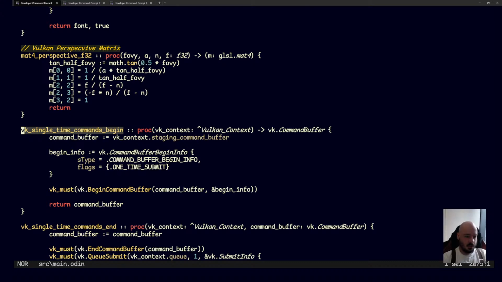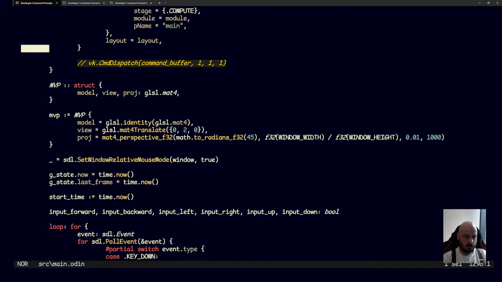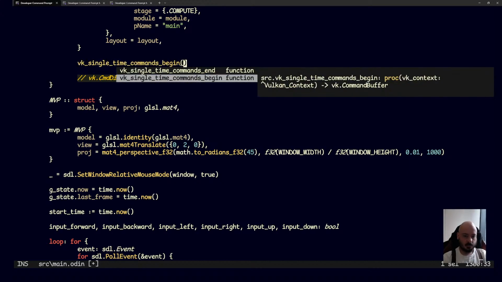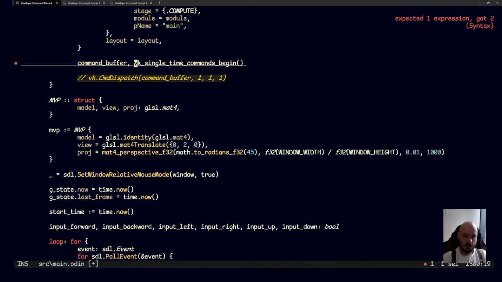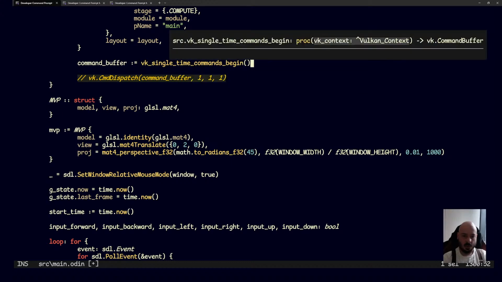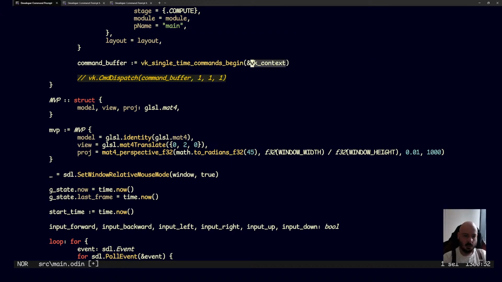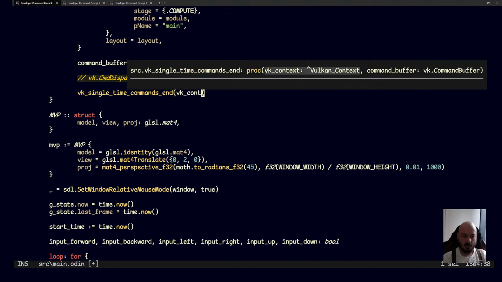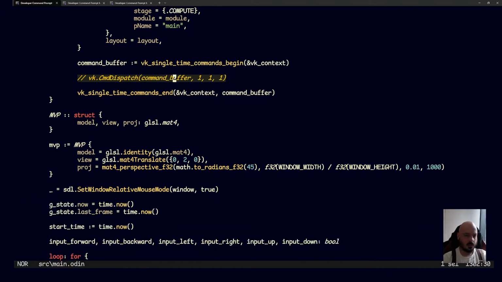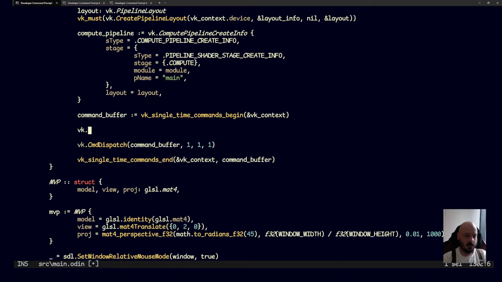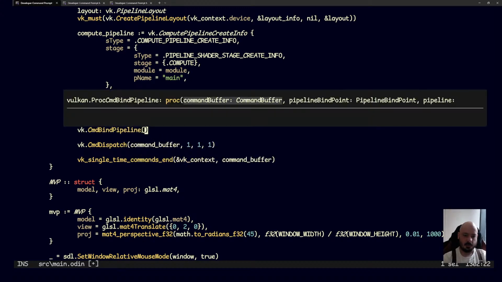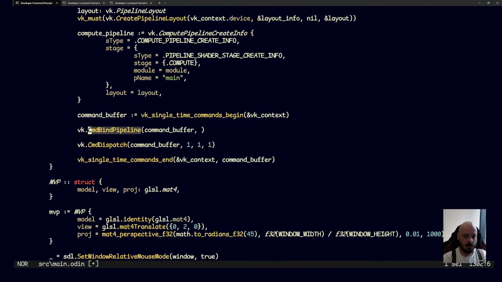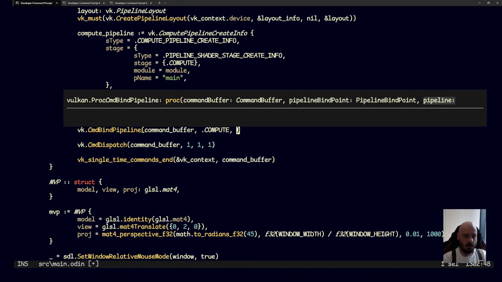Single time commands, I guess we can use this, right? This returns a command buffer, single time commands begin, okay, context, single time commands end, okay, context, and command buffer. And I think I have to bind something, right? Bind pipeline, perhaps? Pipeline bind point. What do I usually use? Oh, right. Compute, and it's going to be the compute pipeline,